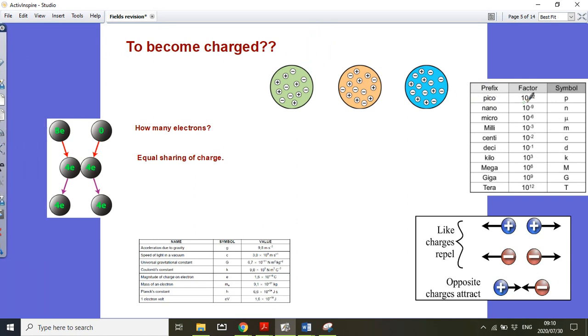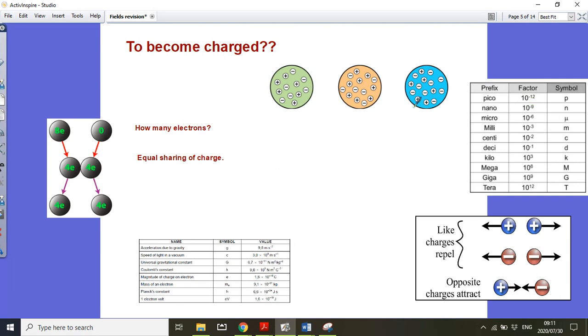Okay, the first thing, these prefixes. Please remember that in this topic they pop up, but they can come in any of the sections. You need to know pico, nano, micro, milli, centi, deci, kilo, mega, giga. Giga and tera, I can't say that they ask a lot, but please know these because just in general it's good to know. And then also know that if you see this symbol, the symbol can be replaced by times